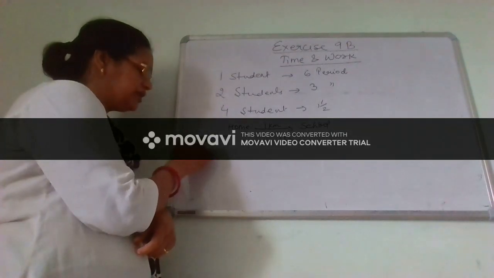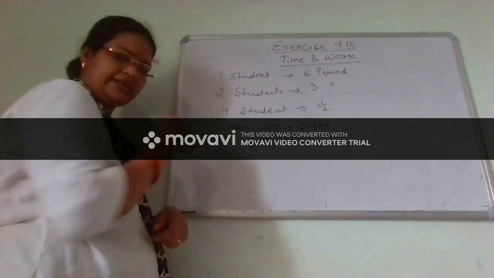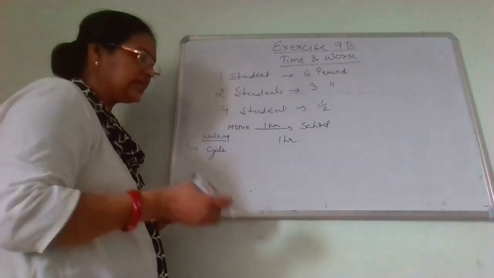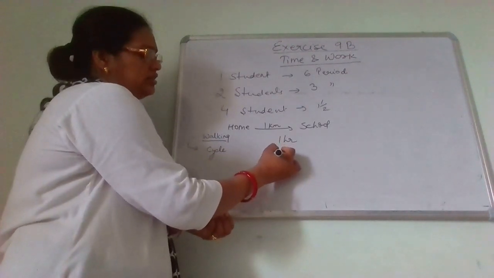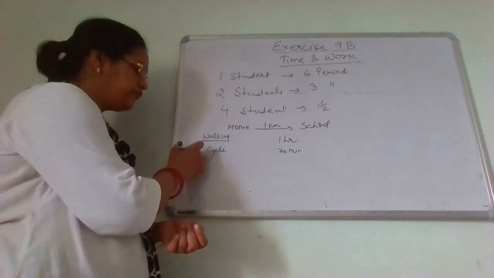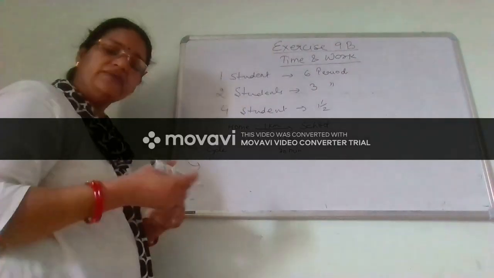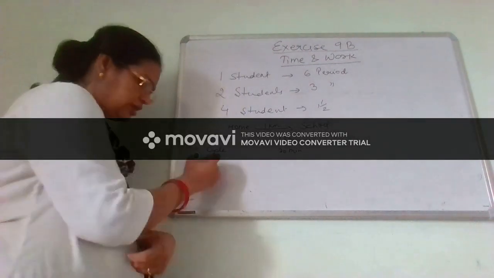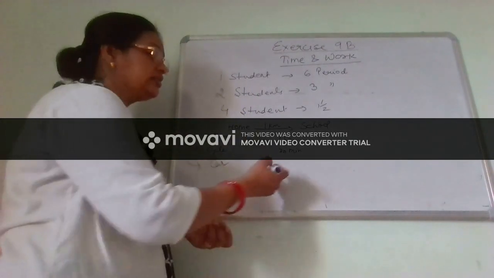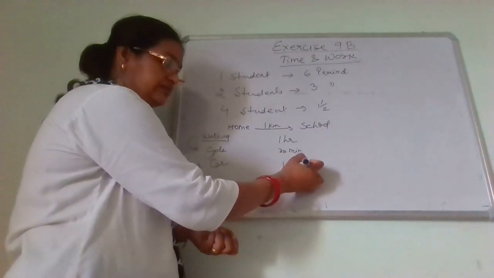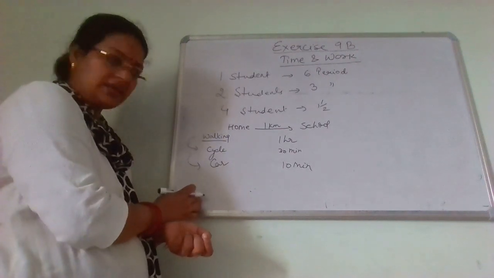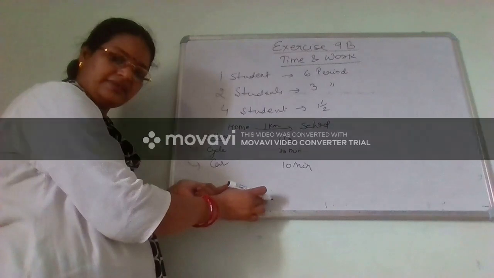Next day, your parents give you a cycle and you are going by cycle. So will you take more time or less time? Of course, less time. So this time say you are taking 30 minutes, half an hour. Now the next day your father says, okay, don't go by cycle, I will drop you by car or scooter. So next day you are going by car. This time within 10 to 15 minutes you will reach. So what happens, students? As we are increasing our speed, the time is decreasing. Okay.